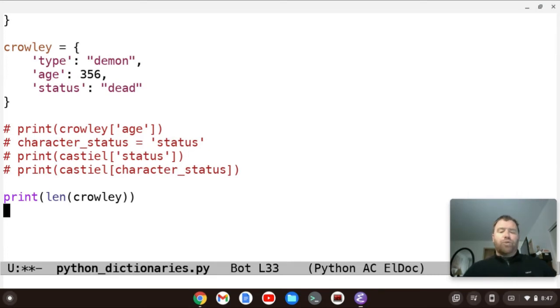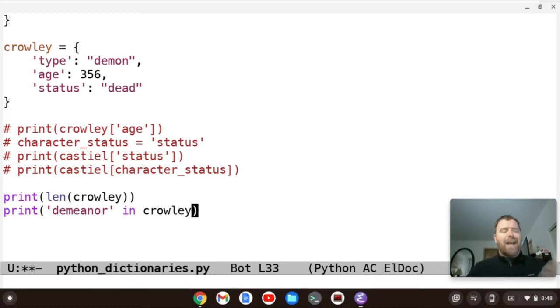Now, if I try and print a key that is not in the dictionary, I'm going to get just none. Okay, so let's try that. So let's print demeanor in Crowley. So we can check.